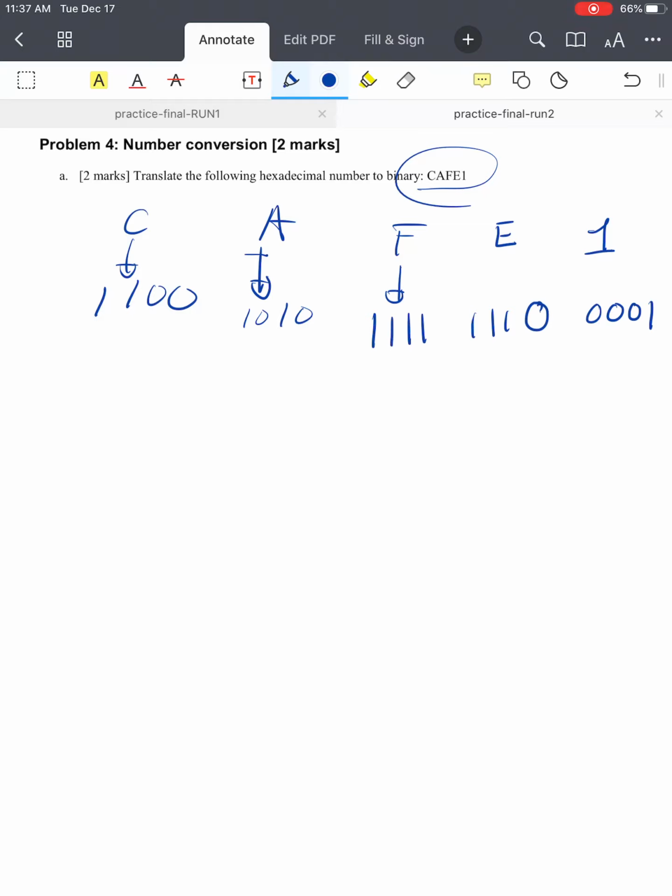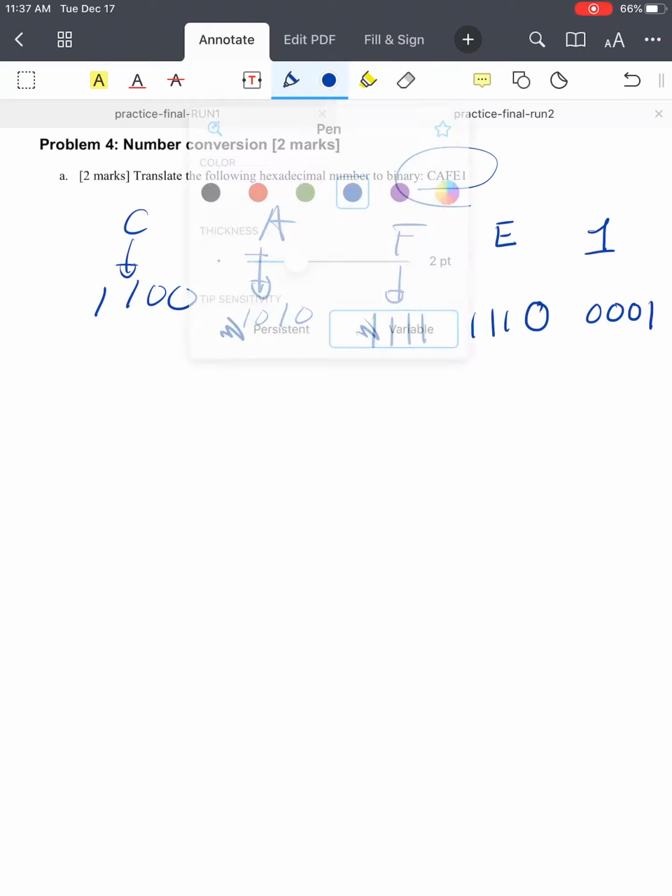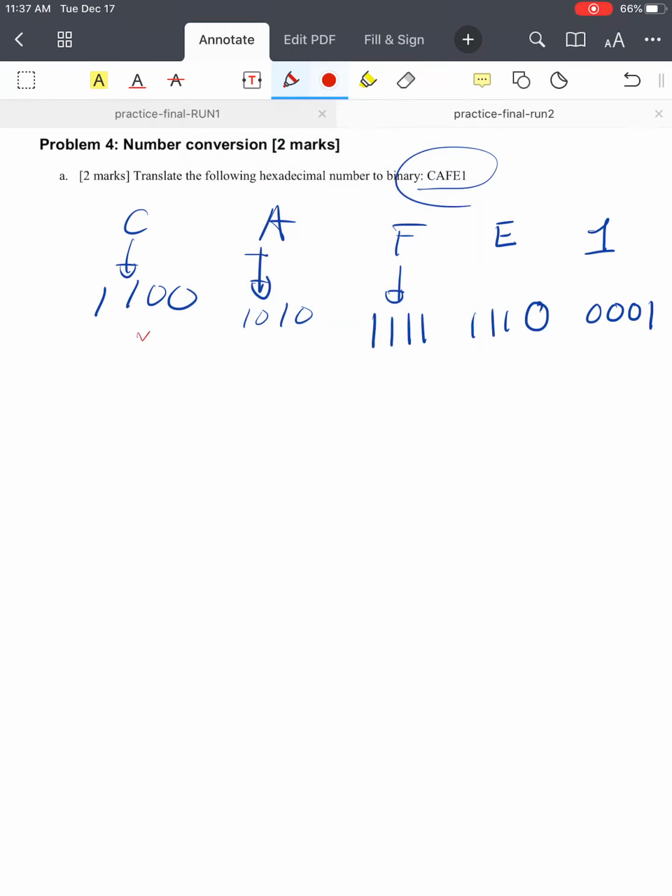Let's see if that's correct. Okay. Yep. Looks good. Okay, so that was pretty easy, but it's also good to know that when